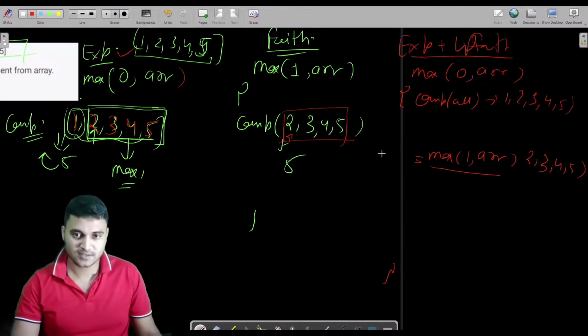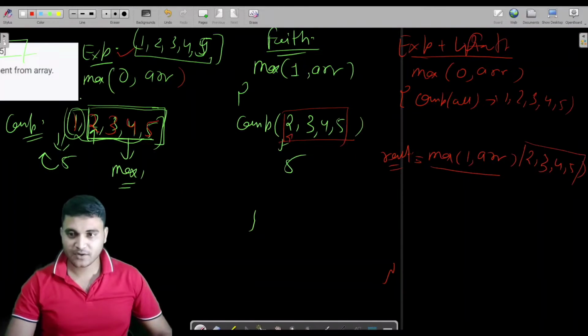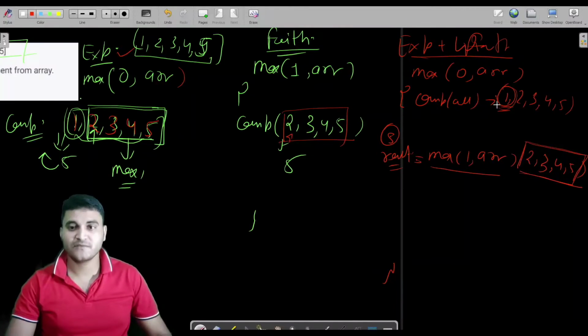Let us take this result into a result variable. So it has already compared all the values. What is the maximum value of this? Let us suppose the result contains 5. Now what is remaining? Only this particular initial index value is remaining. If I compare my element with the maximum of all the other elements, then I will be getting my answer. I got 5 from here, and my element is 1 initially.